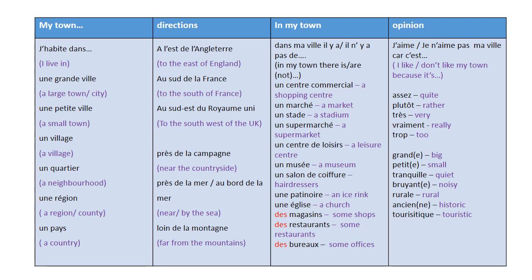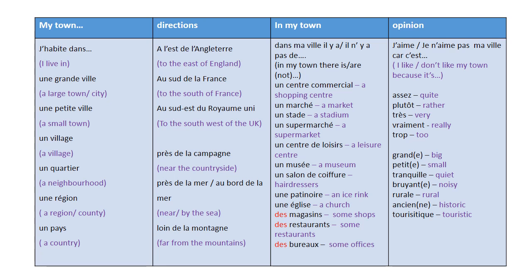So first of all, we've got j'habite dans, I live in, une grande ville, a large town or a city, une petite ville, a small town, un village, a village, un quartier, a neighbourhood, une région, a region or a county. That's probably the word we use for county in English. And finally, un pays,